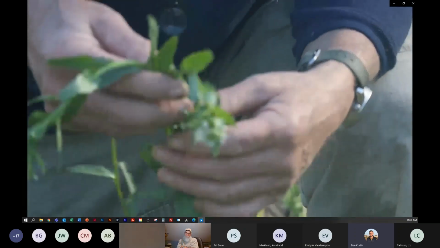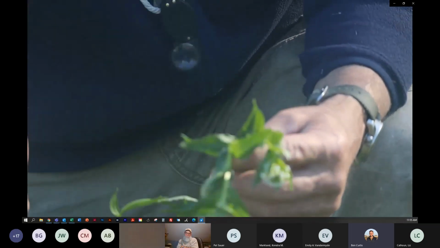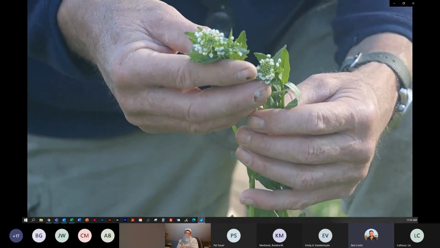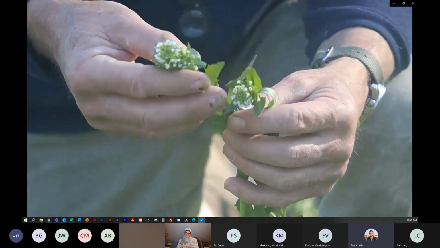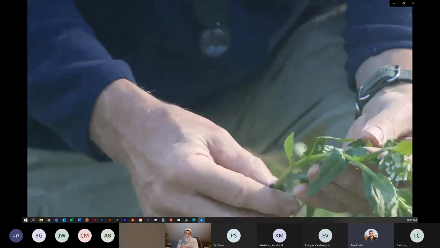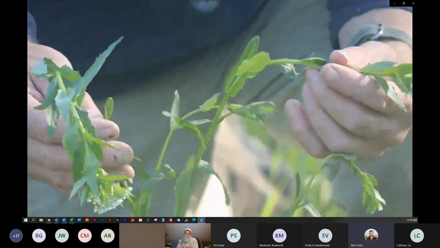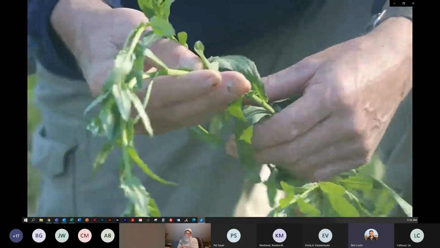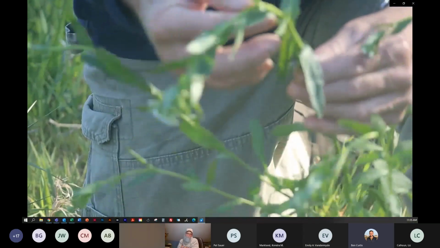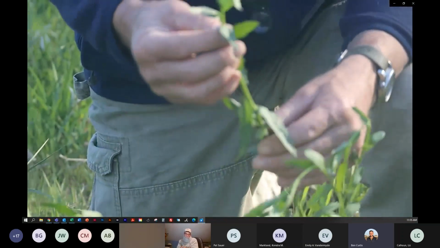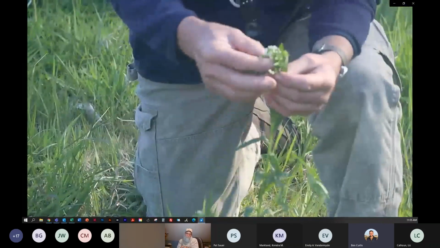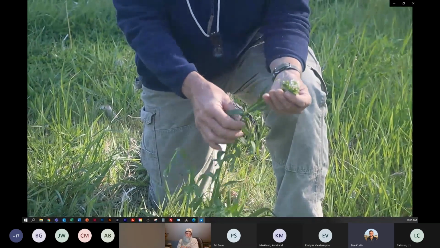So most of the time you will be able to see mustard fruits because, again, they're usually pretty early in the growing season, and those fruits will just stay on that plant for several weeks. So again, this one is Lepidium campestre, field cress, based on the clasping leaves here. The base of the leaves are clasping. The leaves are sessile. There's no stem there, and just the white flowers.